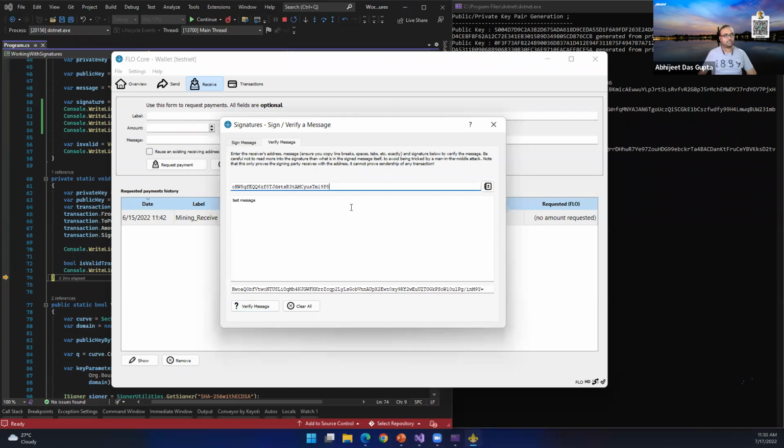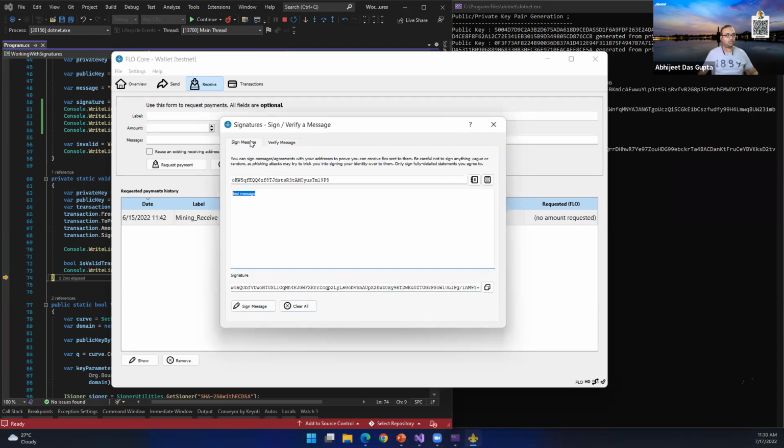If I change the public key with the slightest changes, I click on verify, it automatically says that the entered address is invalid. Now, this is an invalid address because it does not conform to the algorithms. Now, the other thing that I can do is I will use another address. So let me just quickly copy this